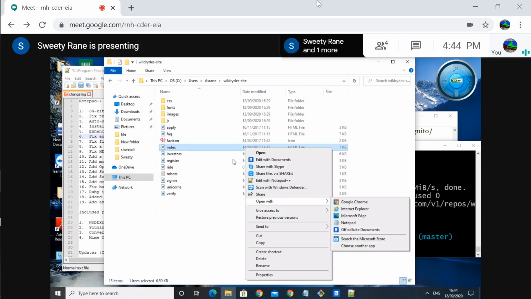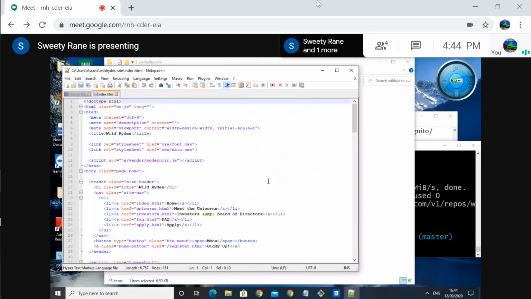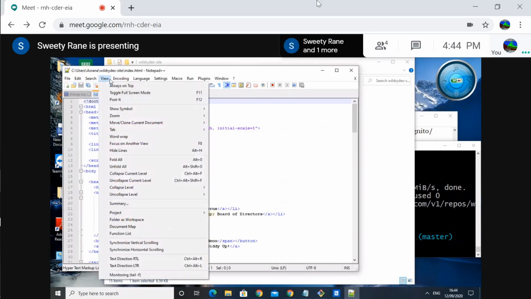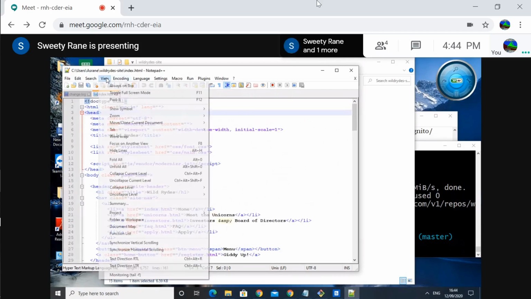Can you read it? Don't be in a rush. Increase the font size. View, zoom it. Always read first, okay? Before you click, just relax, read, look from behind, see everything, then click.